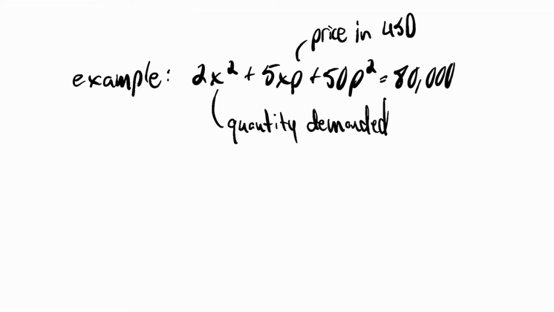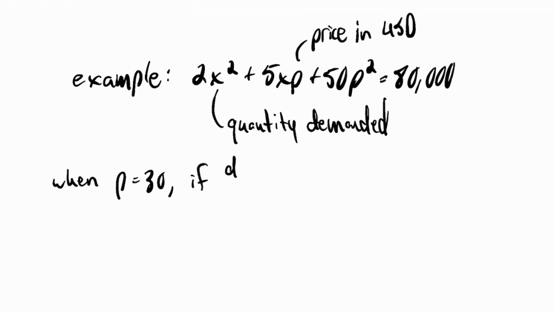Let's say this is like per month. On a monthly basis, this is how many are demanded. So when the price is 30, so $30, if